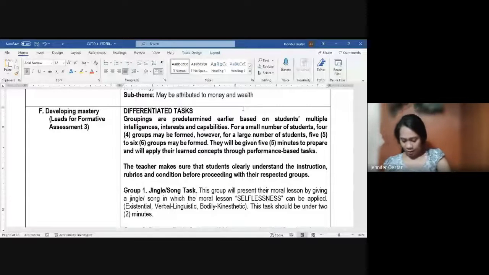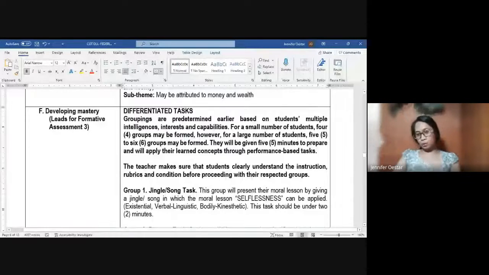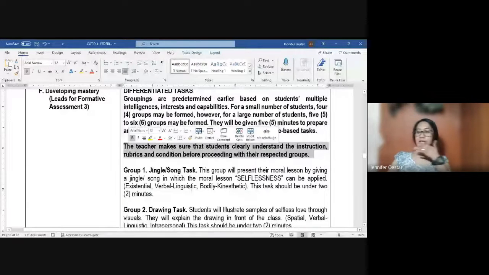So in this case, medyo mabilis tayo kasi hindi naman rehearsed yung performance task. You just give them 5 minutes to perform. So performance-based task siya. The teacher makes sure that students clearly understand the instruction, rubrics, and condition before proceeding to their respective groups. So in this case, class,